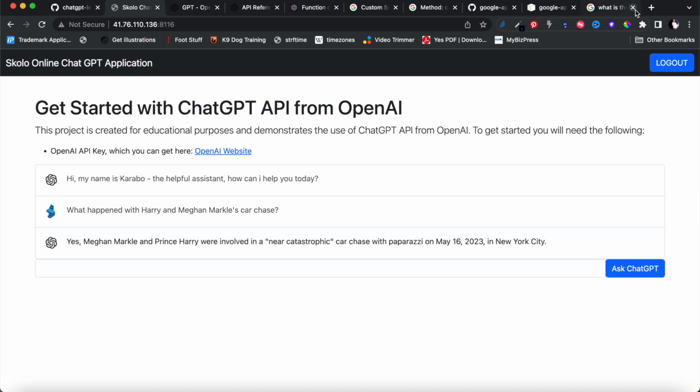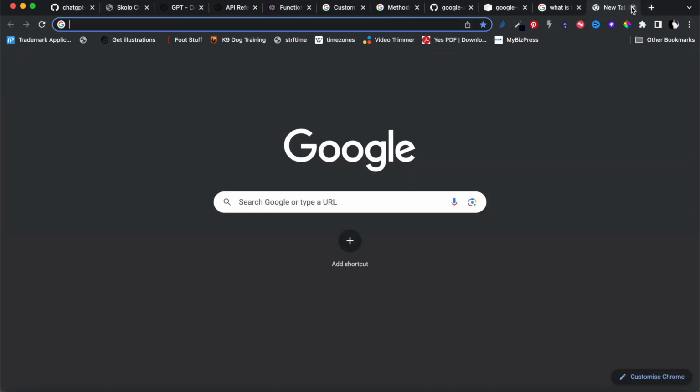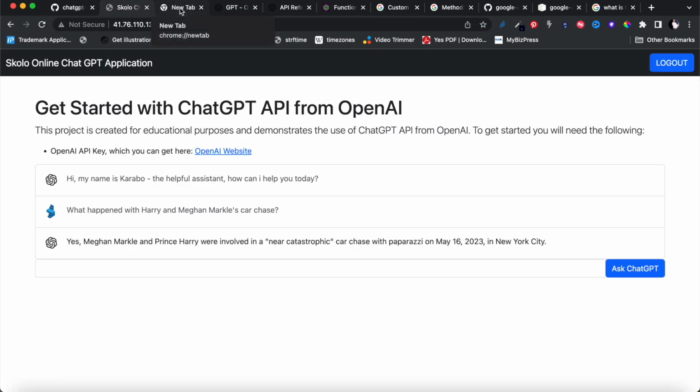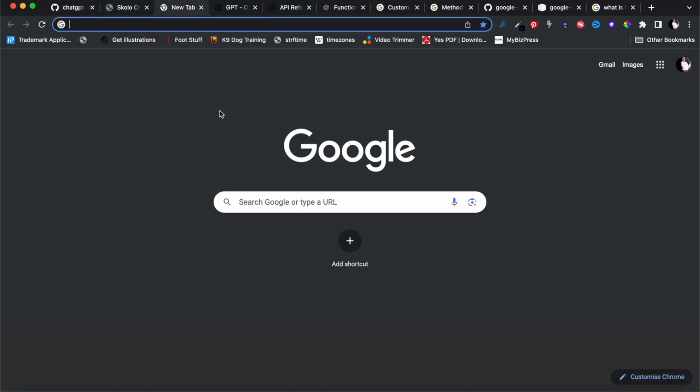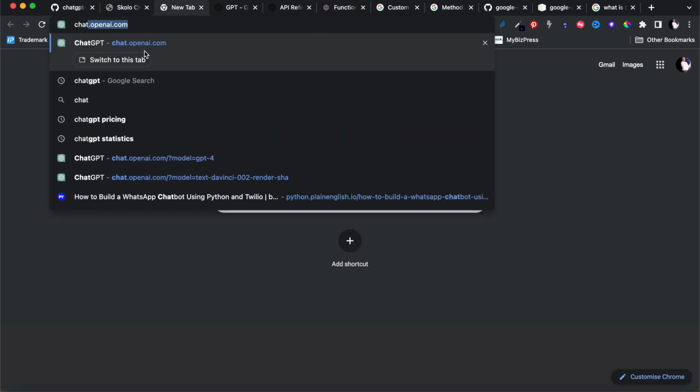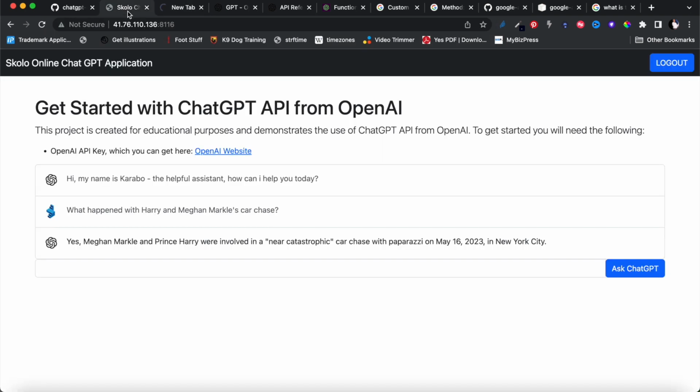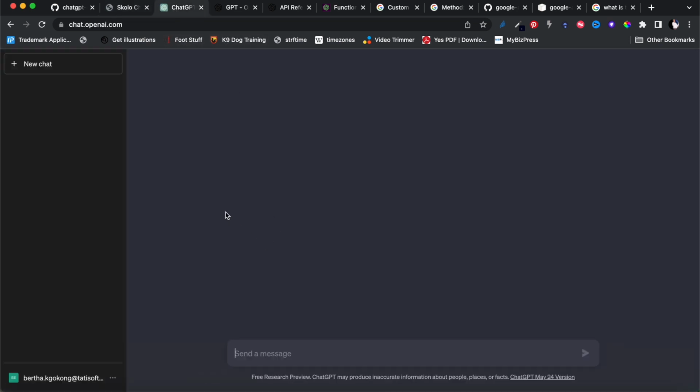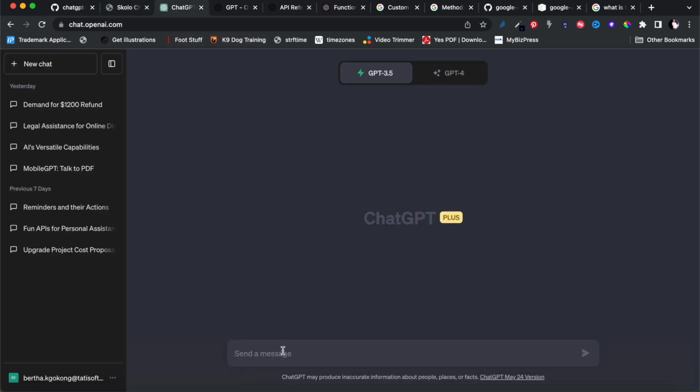So now to compare that, this is exactly what the plugins are, but now we are building them into our own API and building our own plugin to be precise. Let's go and ask the normal ChatGPT, right? The normal ChatGPT, I can't copy this. What happened with Meghan and Markle's car chase? Okay, so let me go to the normal ChatGPT and ask it, what happened